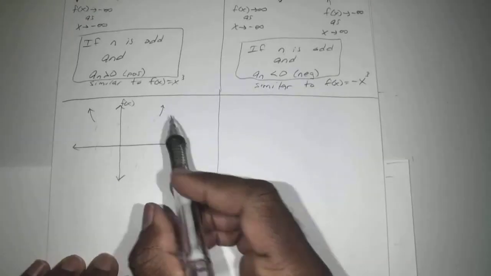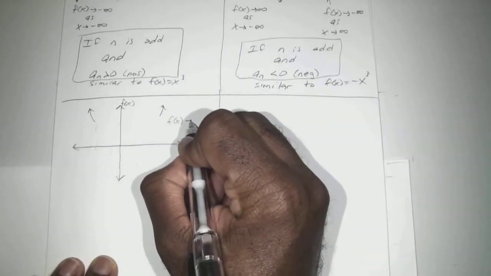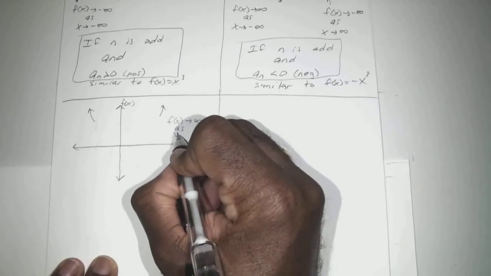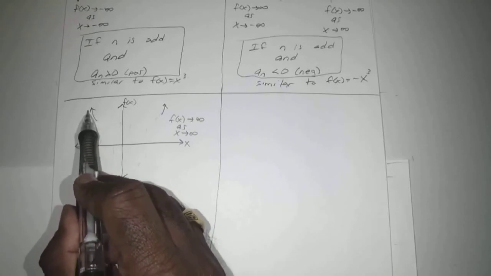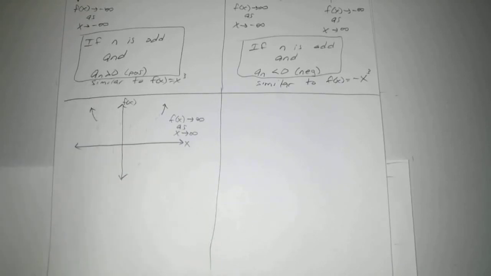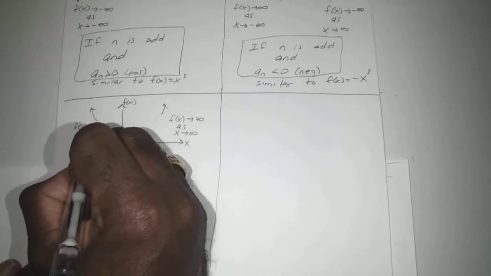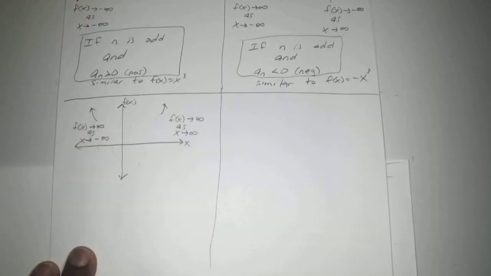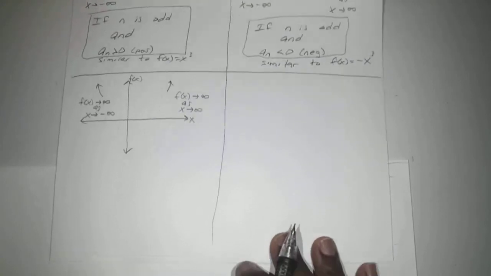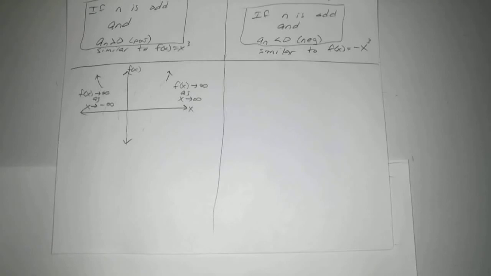Okay, so we know if this is going up and to the right, we know that f of x is approaching infinity as x is getting bigger, or as x approaches infinity. And for this one, your f of x is getting bigger as x is going towards negative infinity. Approaches infinity as x approaches negative infinity. Okay. Now, if you notice, this looks pretty close to our x squared. Remember, our x squared is the same thing, going up and to the right and up and to the left. So that means that